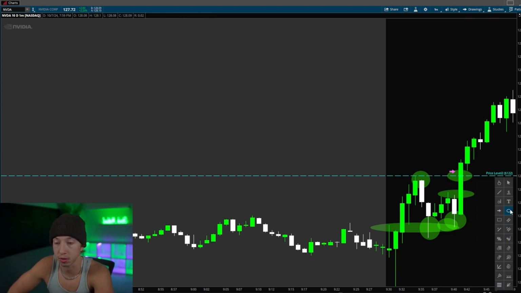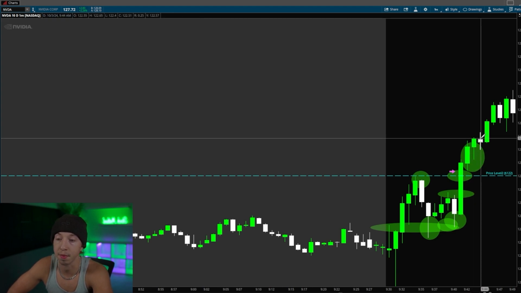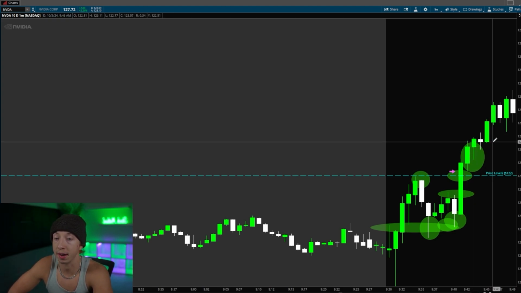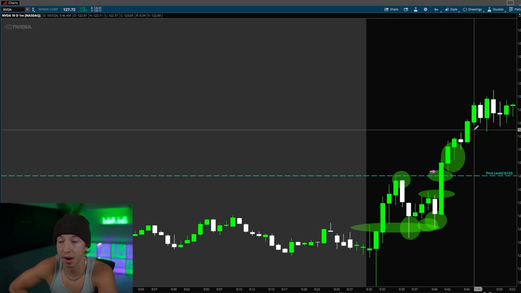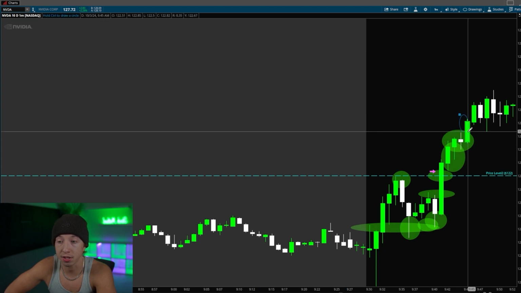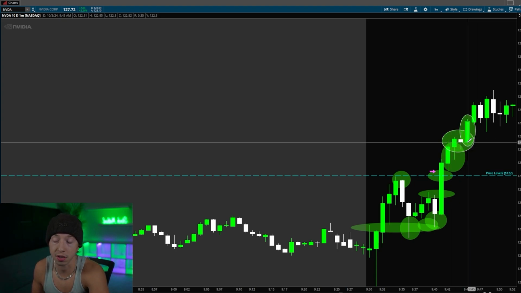So now this is where we're starting to slow down a little bit because look at all these wicks. Sellers tried, we brought it right back up. Sellers tried, we brought it right back up. So then once we got to that 123, I got fully out because I do not want to mess with this. Then buyers started coming in nicely,